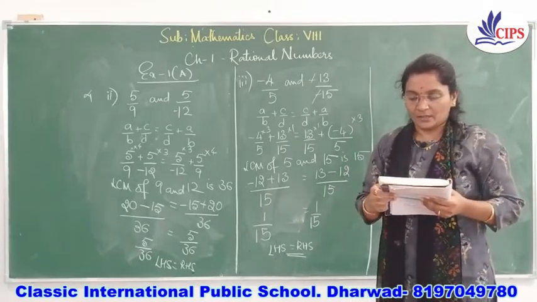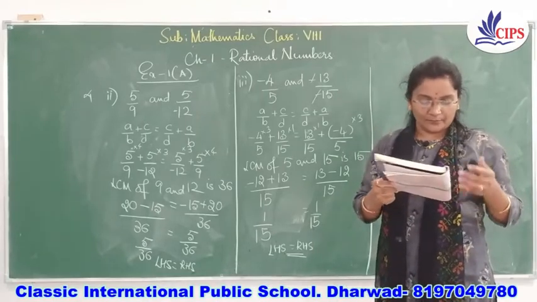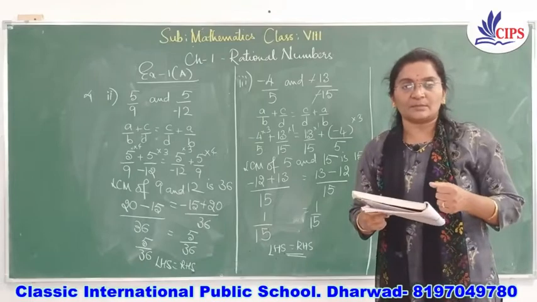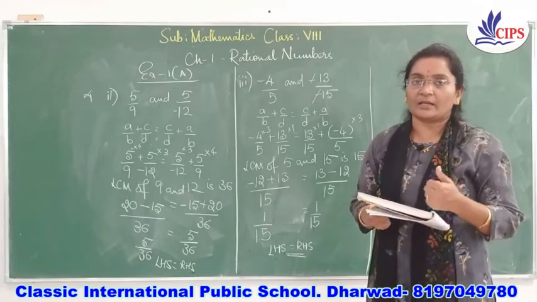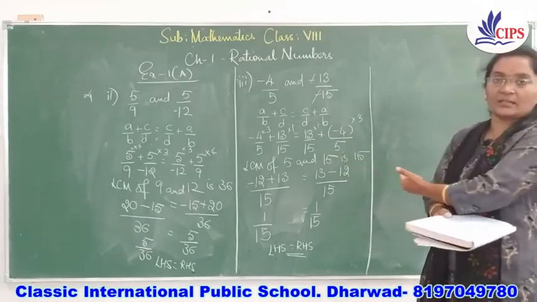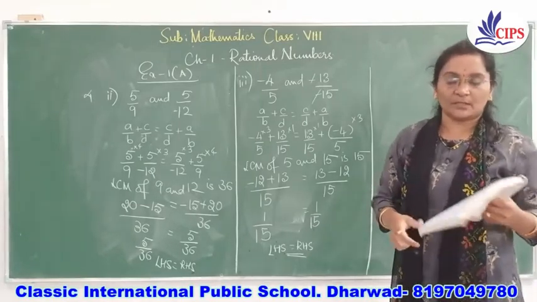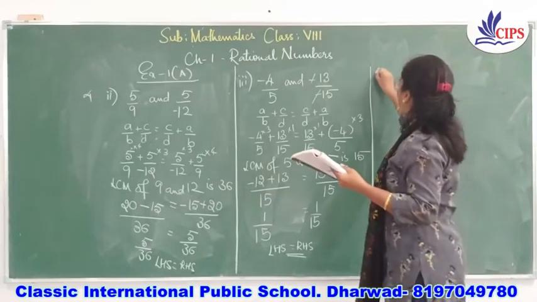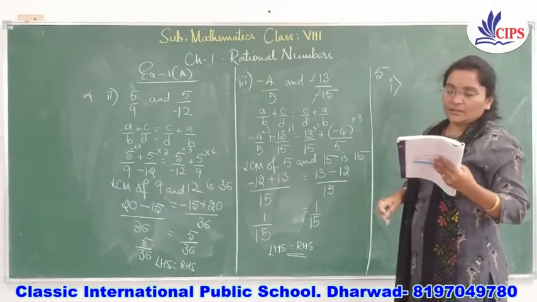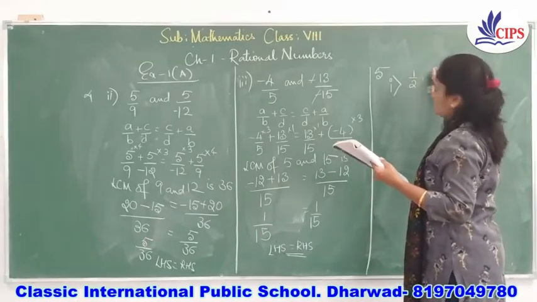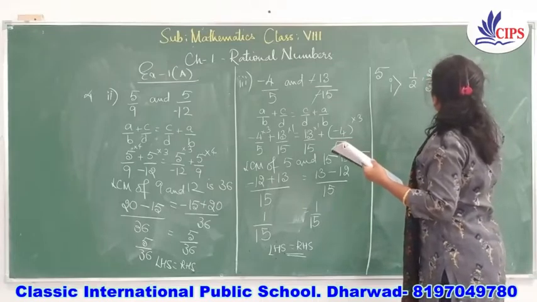For each set of rational numbers given below, verify the associative property of addition of rational numbers. We know that in the commutative property we use only 2 numbers, but in the associative property we have to use 3 numbers. They have given you 3 numbers and you have to verify, like how you have verified on both the sides, that is LHS and RHS. You have to get the same answer. So we'll begin the 5th main problems. 5th main, first one. I'll write down the question, that is 1 by 2, 2 by 3 and minus 1 by 6.